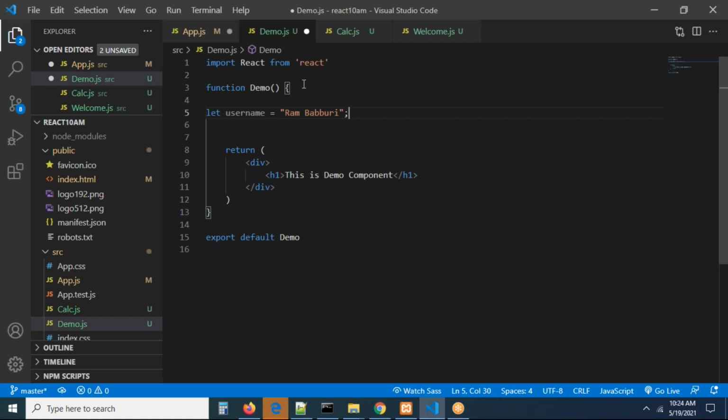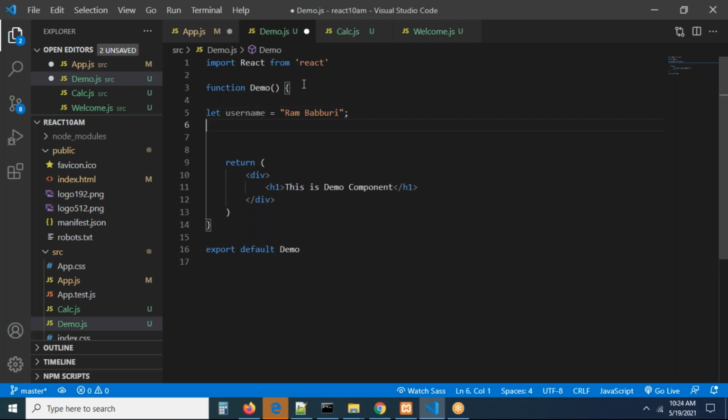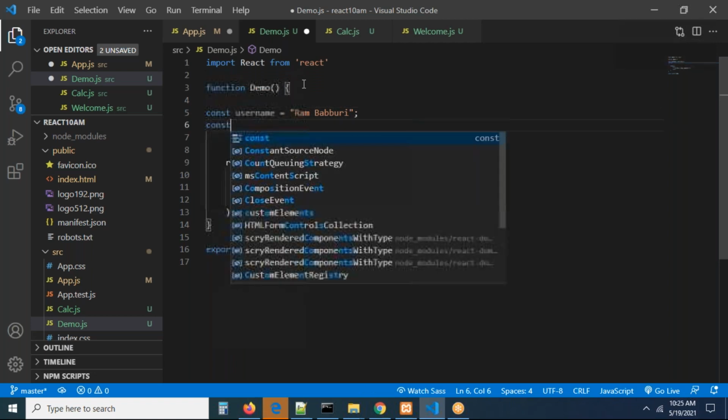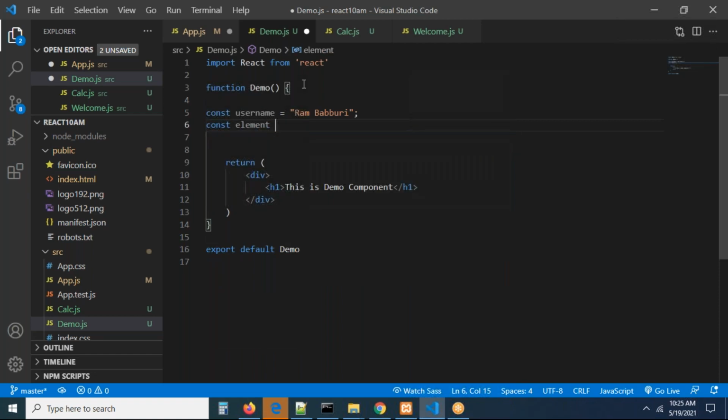Now I'm going to take one more thing called an element. Let us see, the element is going to be something like this, const element or anything. You can take const also, no problem. The value is not going to be changed, right? You can take const, or you can take let also, no problem. I'm going to take one more, const element is equal to, I'm taking an h1 tag. Directly we have to write like this. If it is JavaScript, how do you do it? You can make this either in single quote or double quote, right? Definitely you will do like this in JavaScript. But here it is not required, guys. Just remove this, and this is an element.